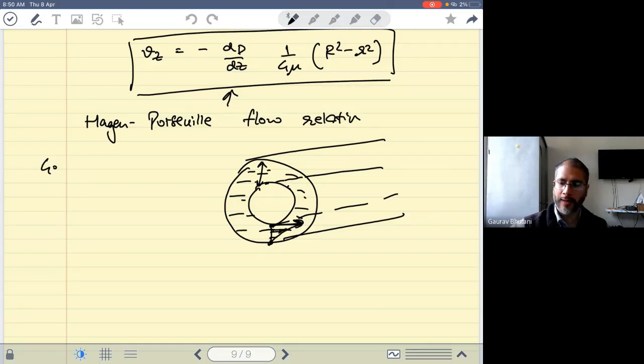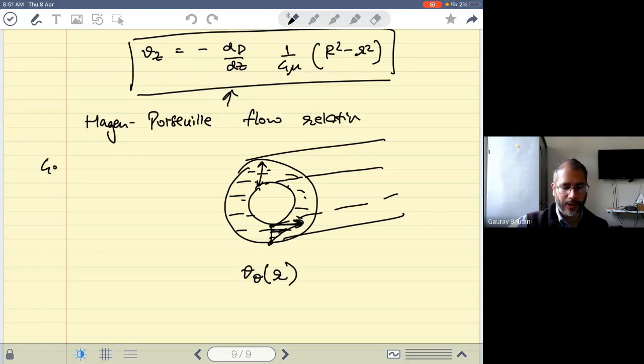Okay, you can have the other way around. You can have the center one fixed. You can have the outside one rotating. That is also possible. So that will give you some other relation for the velocity profile. So in this case, the velocity v theta is a function of r. Okay, so I'll give this to you as a problem to try yourself using the continuity and the Navier-Stokes equations